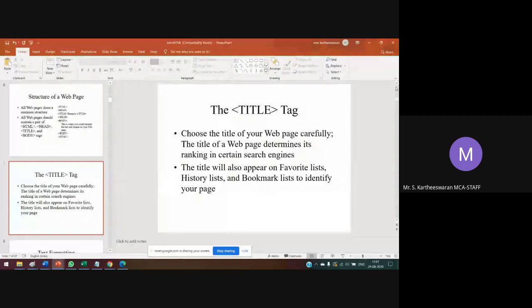Before you decide the title, you have to choose a specific, unique, and easy to understand name. The title will also appear in the favorite list, history list, and bookmark list to identify your page. For example, IRCTC, kalasalingam.ac.in, these are all web pages.